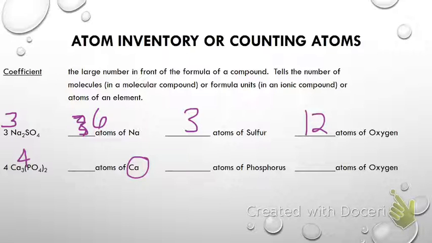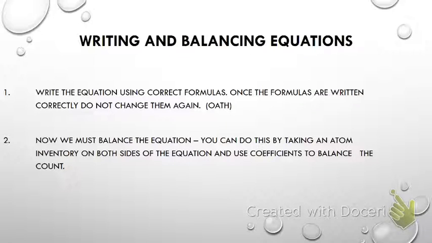How many calcium do I have? 12. How many phosphorus? 8, because this 2 goes for that, so I have 2 times 4 is 8. Now how many oxygen? There's a buttload. 32. So I have to do 8 times 4 is 32. So now that you got the hang of that, on this next one, the ones down there,